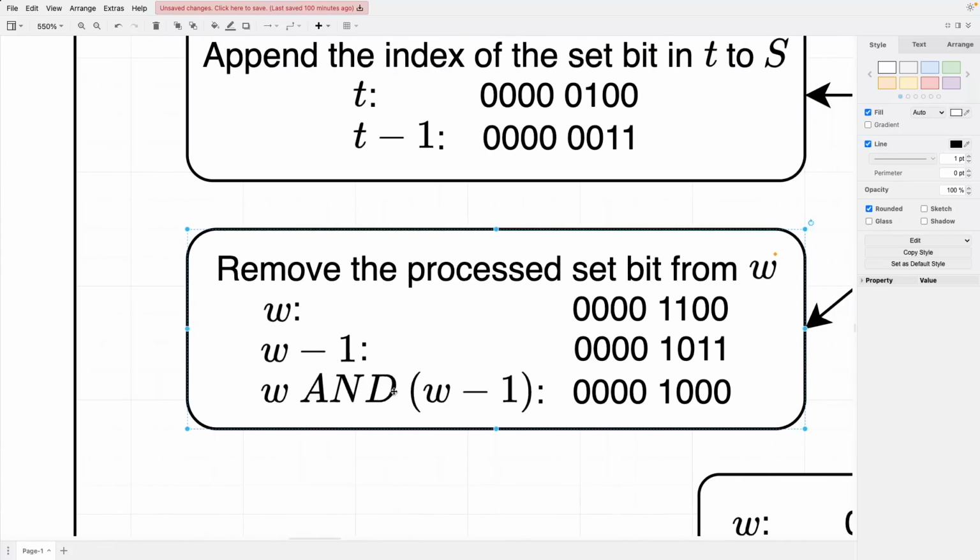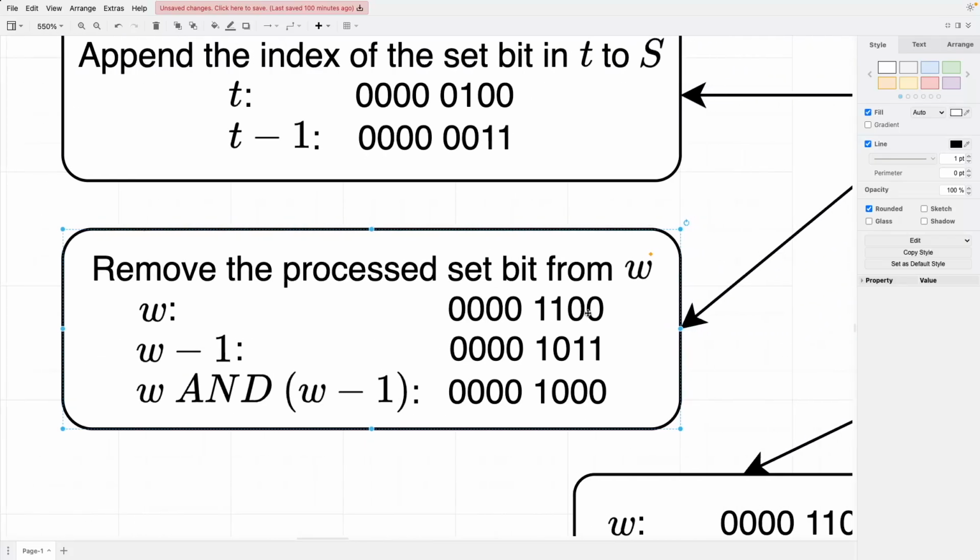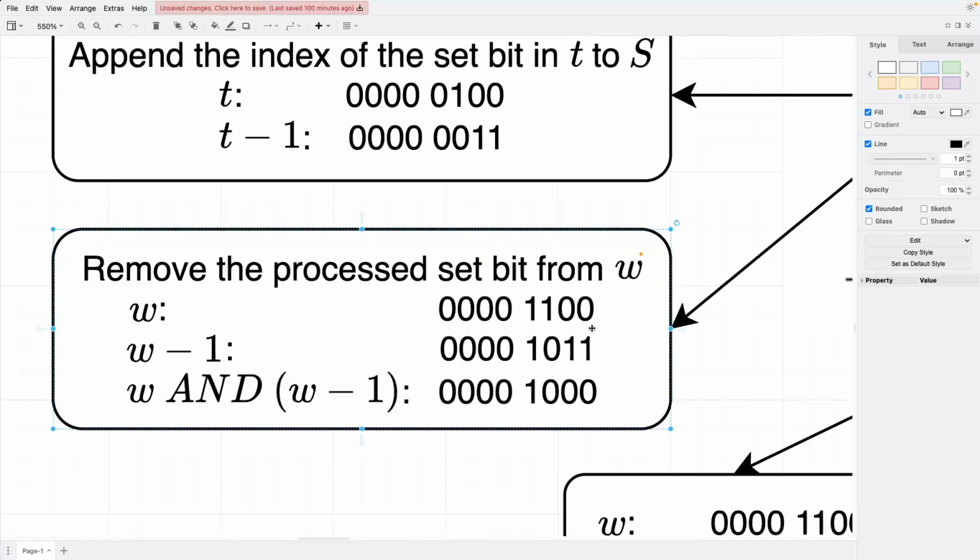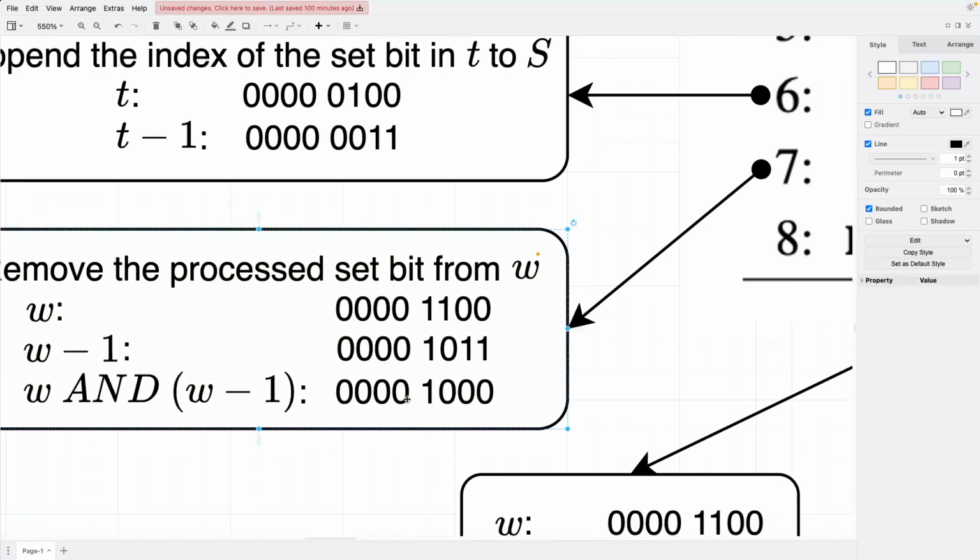So this is the way it works. What you do is you take W, which is the original number, and you do W minus 1, which essentially makes the least significant set bit into 0. You can see the least significant set bit is here, what I'm hovering on. When you do W minus 1, it becomes a 0. And when you do a bitwise AND operation, you can see we have removed the least significant